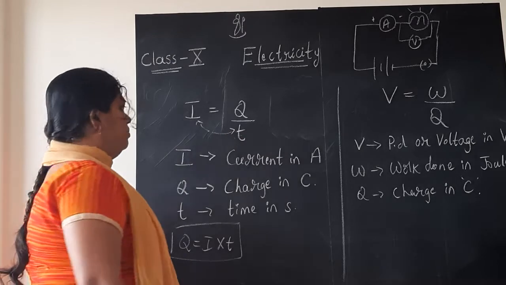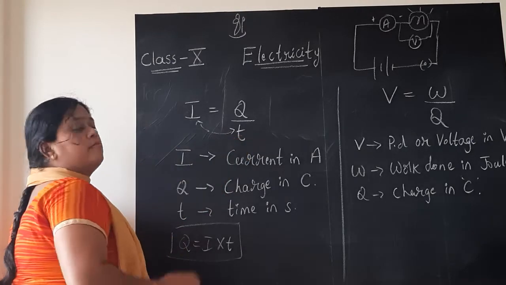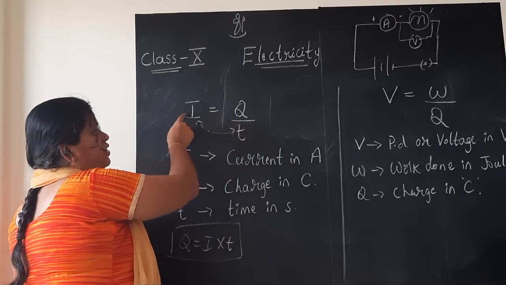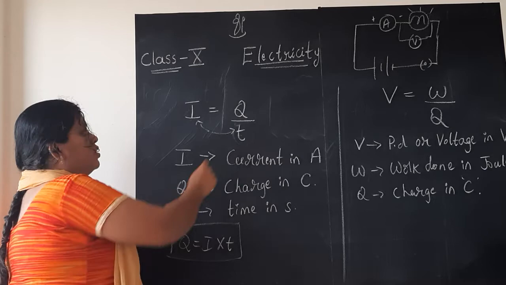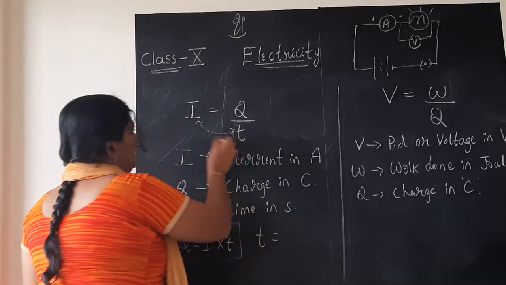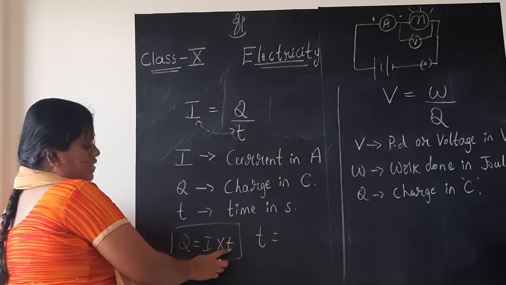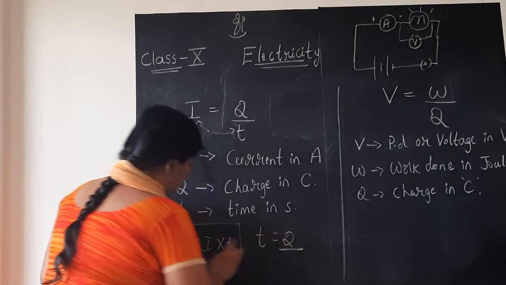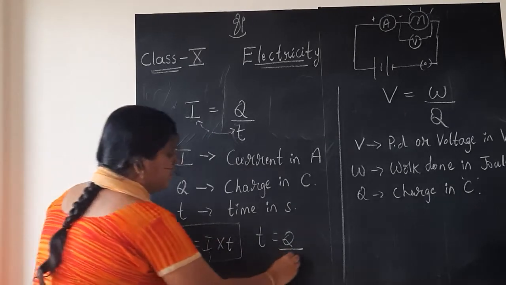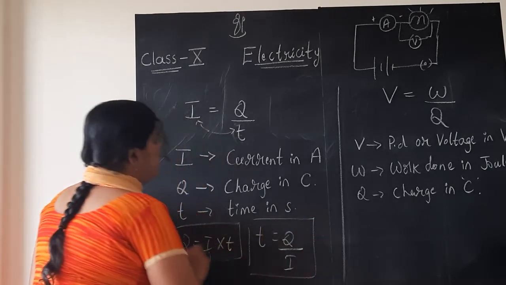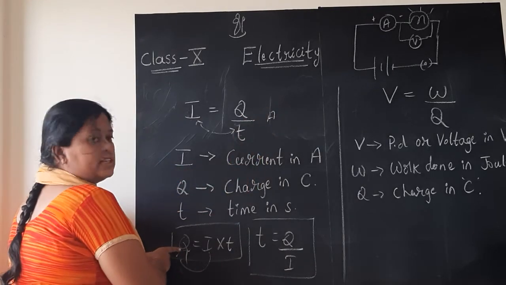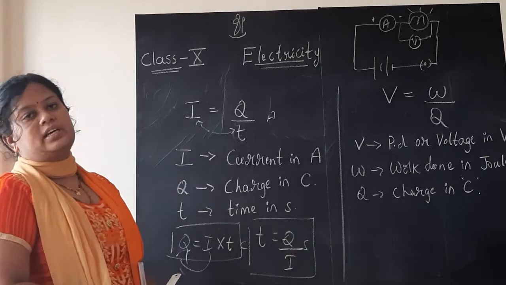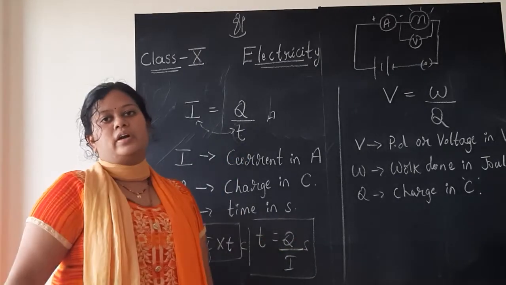You have studied mathematics. Similarly, if they ask you how much time, how long the current is flowing, means time you need to find out, given current and charge. How do you do? What is T? If you multiply, I into T is there. From this formula you can do. T I want to calculate means Q. I already have on the LHS, send I. Q divided by I. Here unit you will write ampere, here charge you are finding, so unit is in coulombs, time you are finding, hence unit is in seconds. Unit is very, very important.